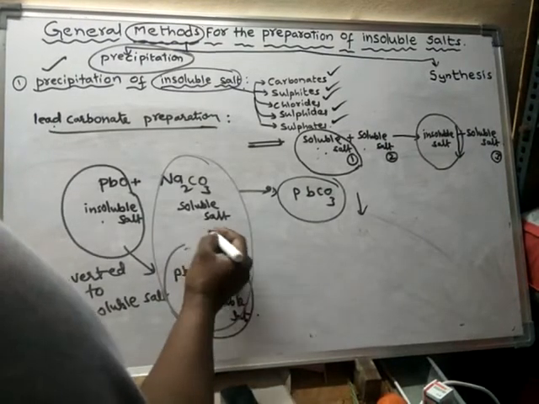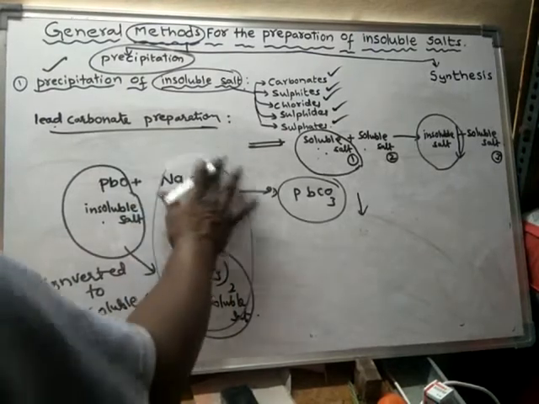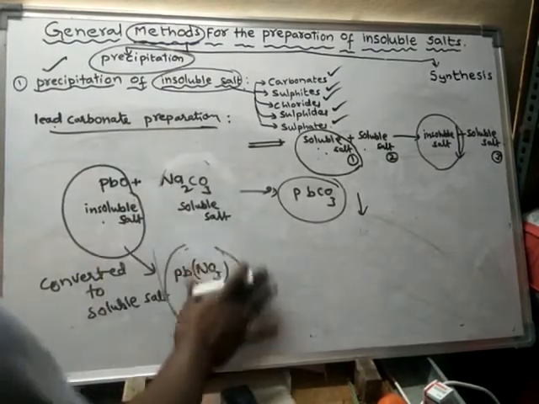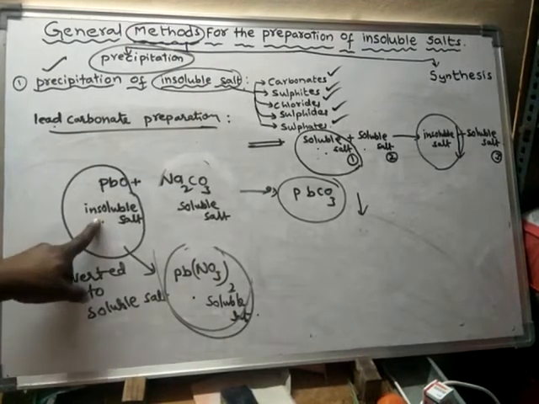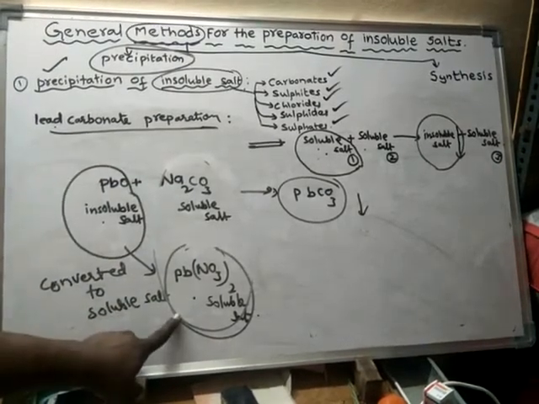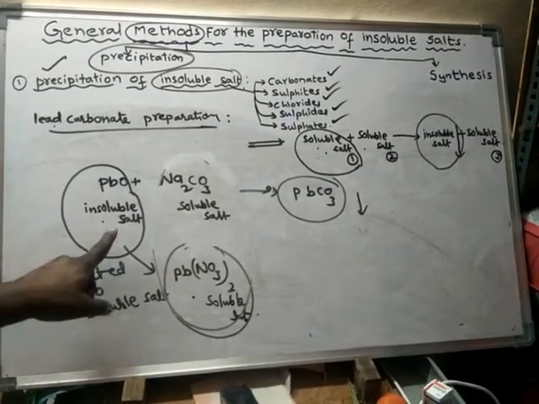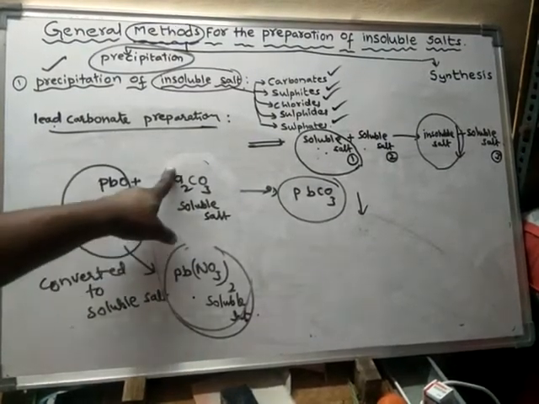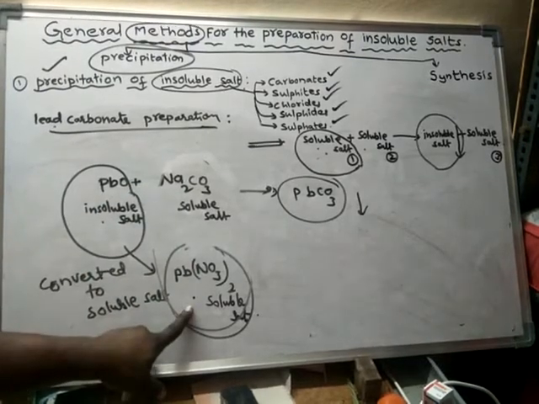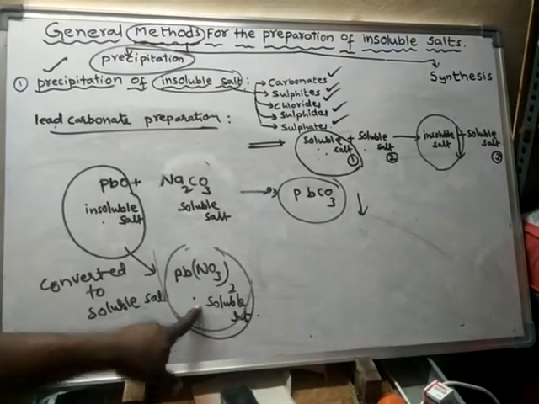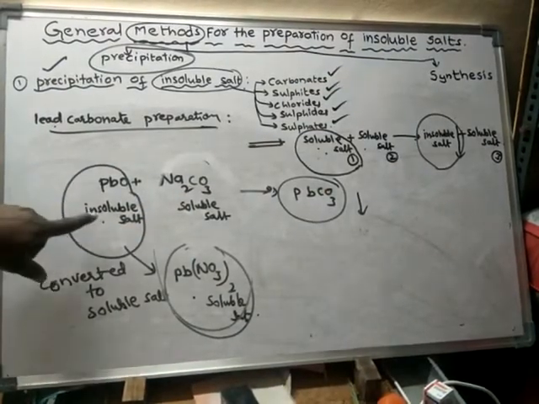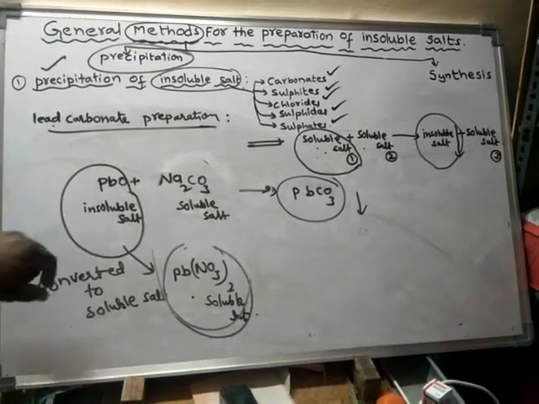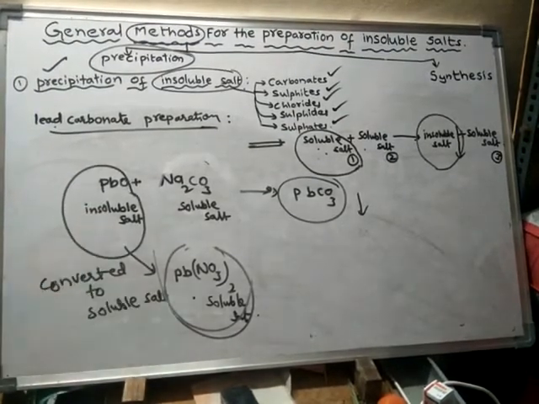Got it? So now let us see how to prepare a soluble salt from an insoluble salt. Generally, the insoluble salt should be converted into a soluble salt before making it react with the other one. So this should be converted into this one, and the newly formed soluble salt is made to react with another soluble salt for the reaction to undergo. So how should we convert? What is the method of conversion of insoluble salt to soluble salt?